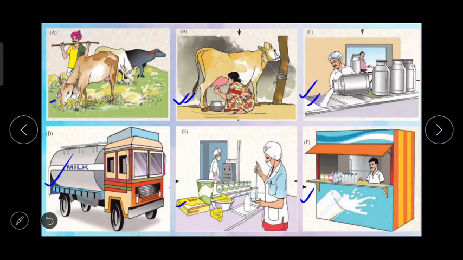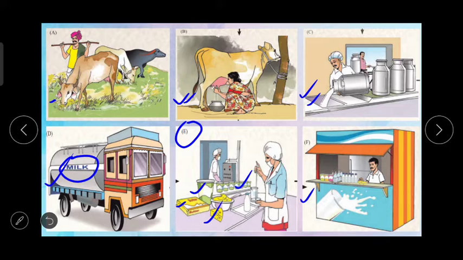Then in picture D, what is being transported and where could the tanker be going? Now two questions are there in a single question. In picture D, what is being transported? Milk, because of the heading we can see here on the tanker. And the second question, in the same question, where could the tanker be going? Next one, which products are seen in picture E? Which products we can see in this picture, that you have to observe. The next one, what else is happening in picture E?